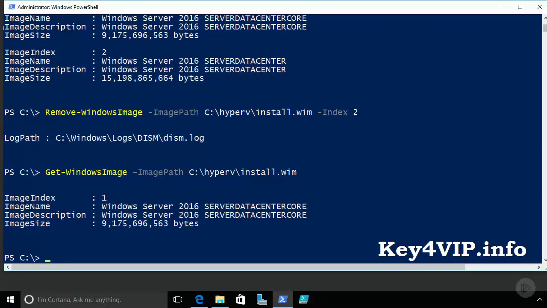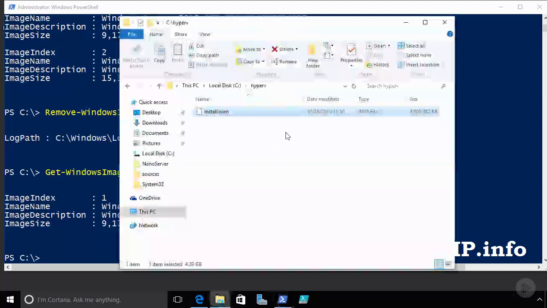Now, with this process completed, and in fact, let me just confirm to you that we haven't actually made any changes here. I mean, the WIM file still exists, but there's no other files that have been created by the activities we've done here so far. Our next step then is to apply in an offline fashion any awaiting updates that this copy of Microsoft Windows